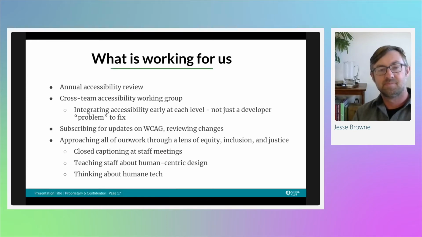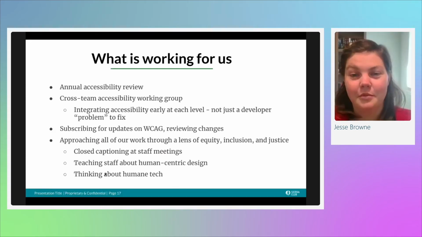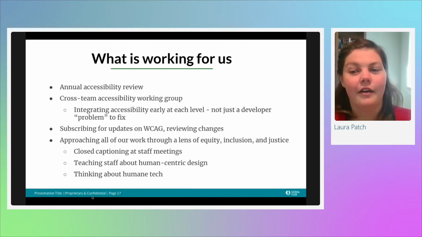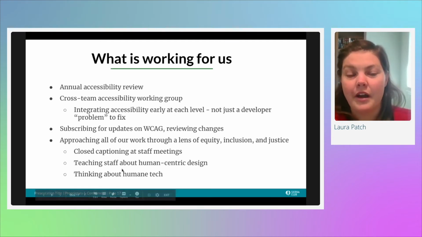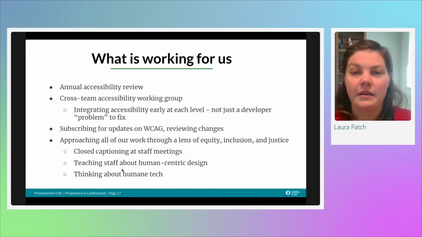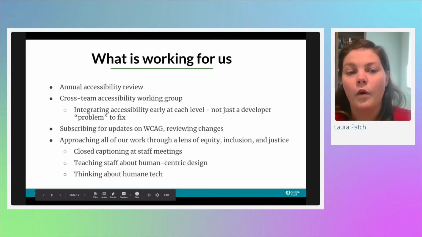So our goal is to make sure we don't need to do such an in-depth audit again, and hopefully save Jesse and his colleagues some work on an ongoing basis. We've implemented some processes to help with that. The first is that we're doing an annual accessibility review. As Jesse mentioned, we have a lot of properties and a lot of large sections. So we focus on one section